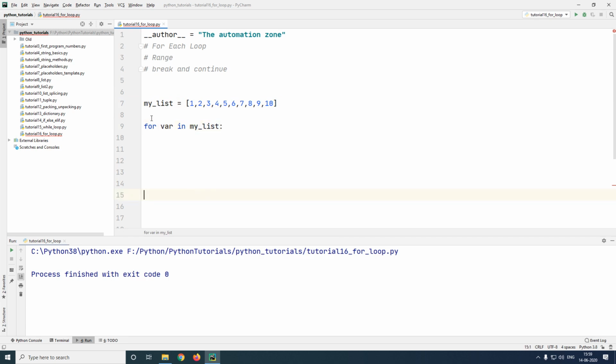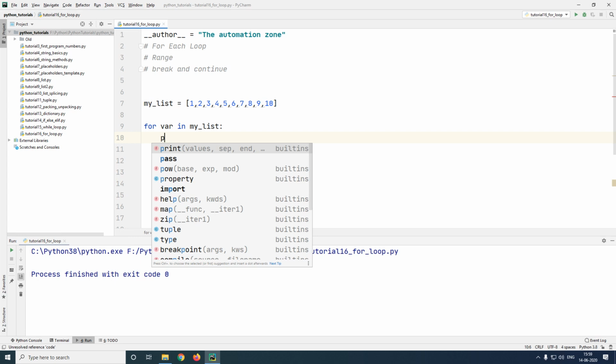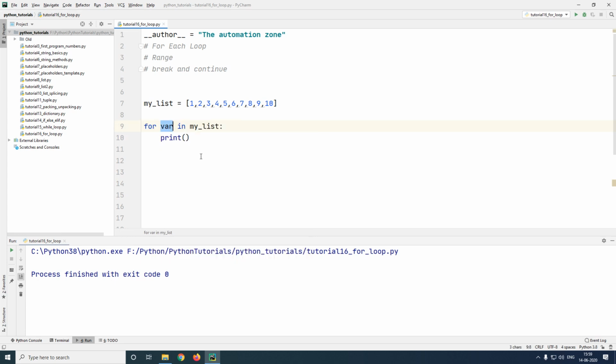Again, you first start with the keyword for, then you give the variable in which you want to save each element of your collection. Then you use a keyword called in and then you specify the entire collection. Now inside of this particular for loop, that is by using indentations, you can then give your code. For sample code, I'll just go ahead and print each element.